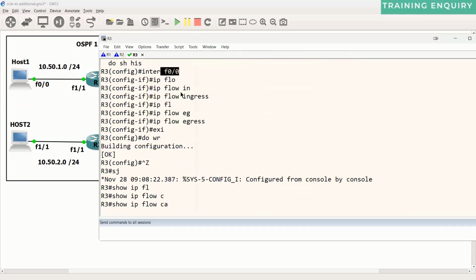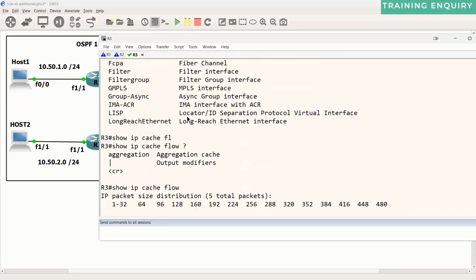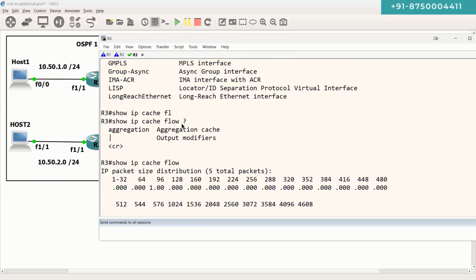Interface FA0/0, flow ingress, flow egress. Done. You can either monitor only incoming or only outgoing, or you can monitor both by using the ingress and egress commands. So interface FA0/0, flow ingress, flow egress, and that's it. Just go on the router and use the command show IP cache flow,